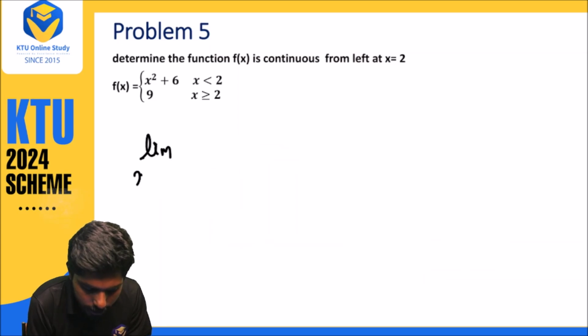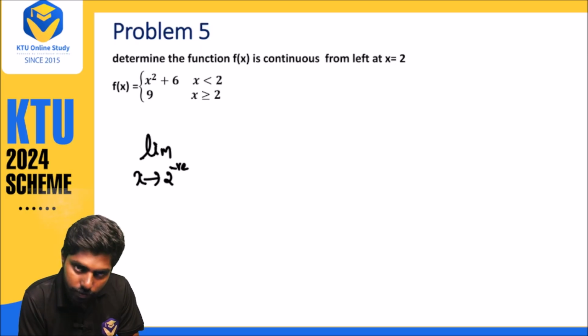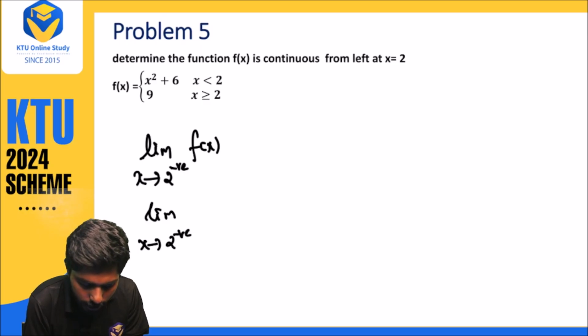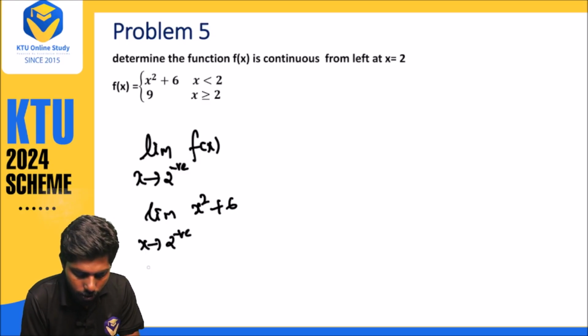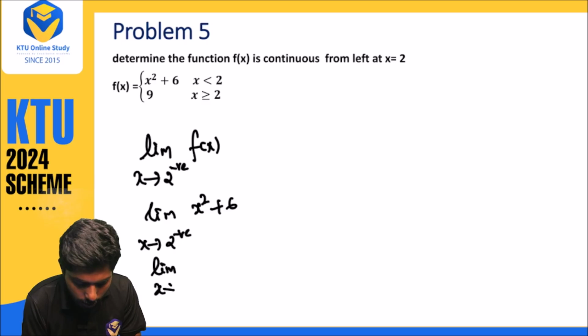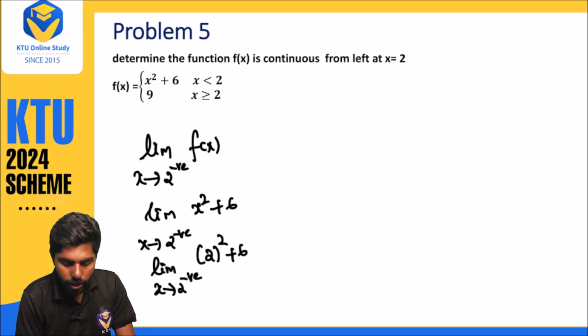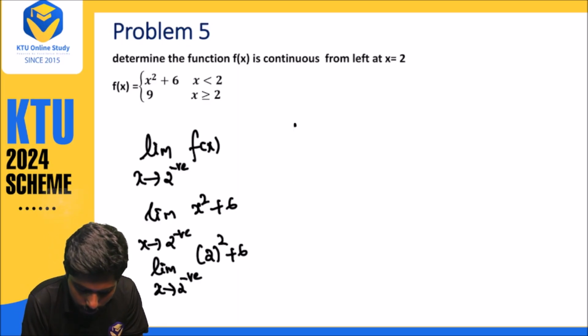Limit x approaches 2 in the negative direction, that is the left side direction. f of x is equal to what? What is f of x? f of x is nothing but x square plus 6. So by solving, x approaches 2 in the negative direction: 2 square plus 6. What is 2 square? That is nothing but 4. So you will be getting 4 plus 6,